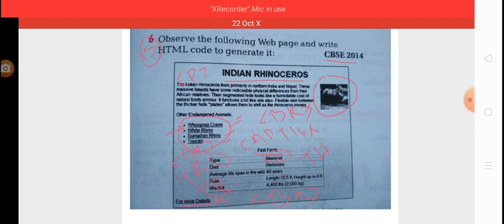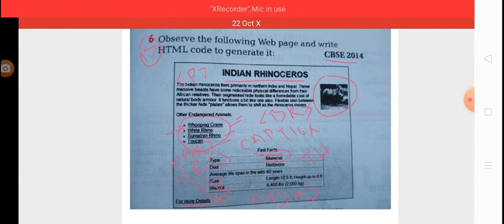So here 2 or 3 important things are there. First of all, look at the web page and find out the different tags used to implement that web page one by one, and after that some instructions are given in the question which are related to the facts that are not clearly visible in the web page.